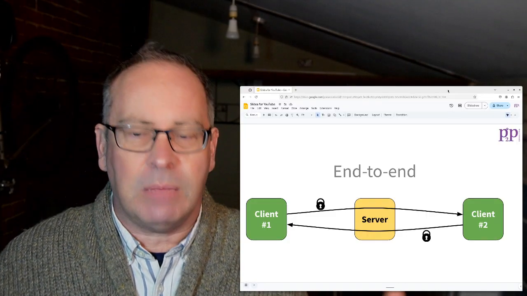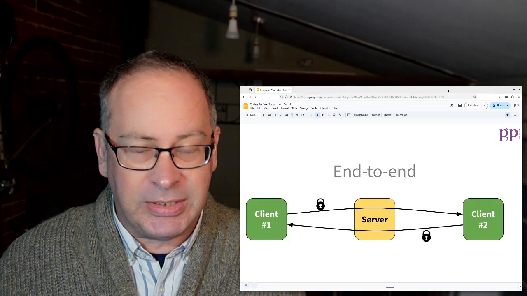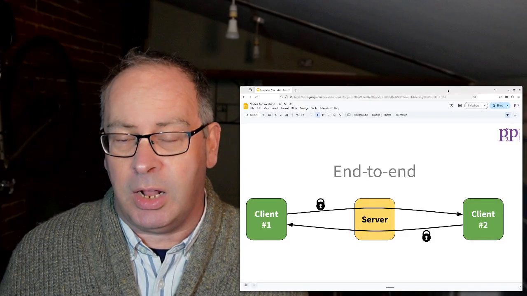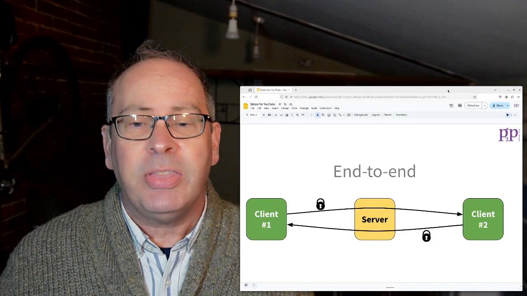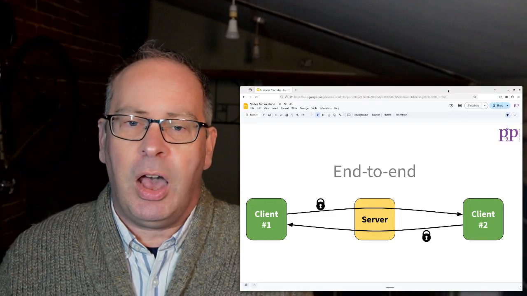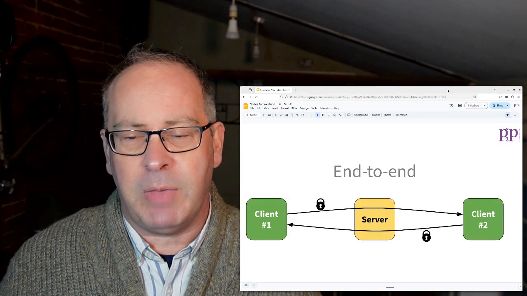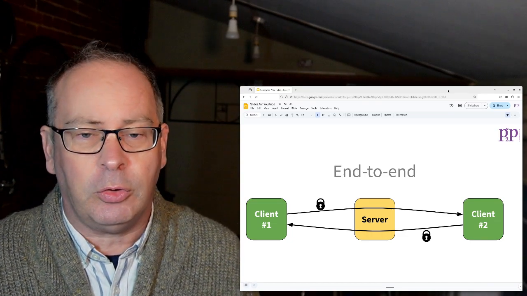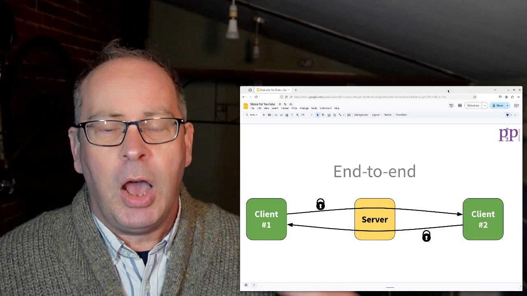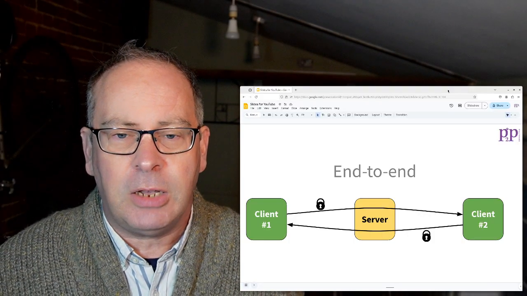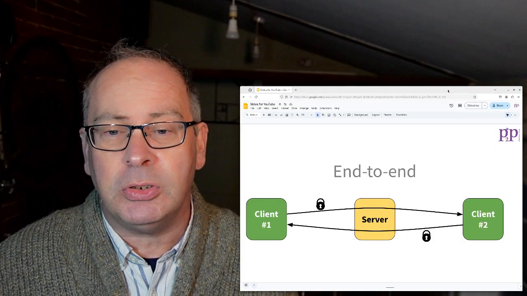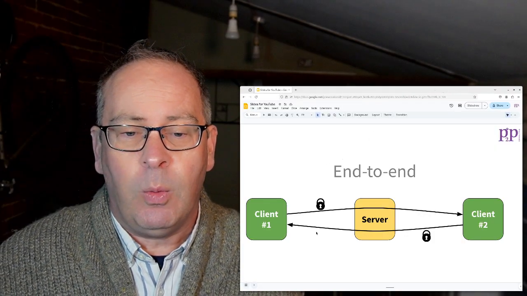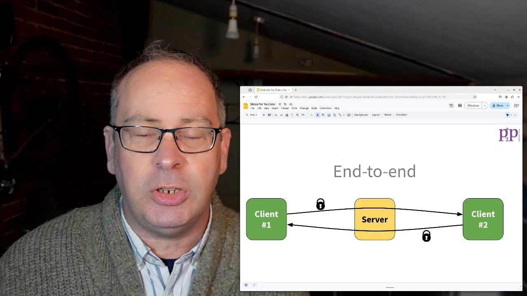And that makes some governments upset and worried, and I can see why, because sometimes client 1 and client 2 may be criminals, but on the other hand, there may be very, very good reasons for them to be able to be passing information secretly. Maybe it's business transactions, maybe it's these sorts of things I talked about where we've people trying to fight for social justice. And so end-to-end encryption is really important for many use cases, and when you're looking to choose an encryption service, my advice is always choose something which is end-to-end encrypted.